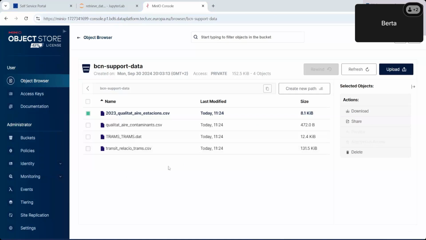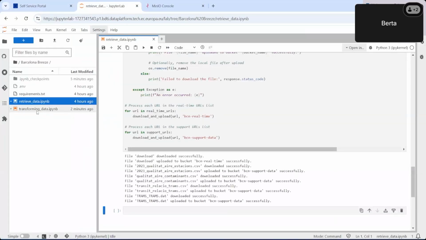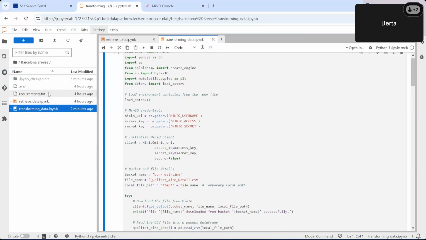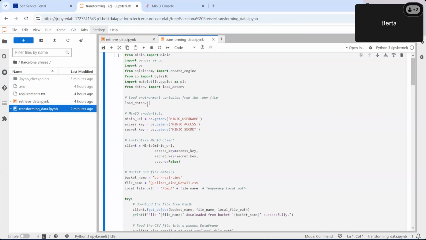With the raw files stored as CSV in MinIO, we're now ready to create or work with a new Jupyter notebook in which we will explore the data, do some transformations to put it in the right format, and then finally store it in a PostgreSQL database. So what I'm going to do now is go back to JupyterLab and open the new notebook that we have ready. And let's break down step by step what this is doing. So again, as we saw before, this is first importing some libraries that we need, but they are in the requirements.txt file. Then we're loading the .env file with the credentials, both the MinIO credentials and the PostgreSQL credentials.